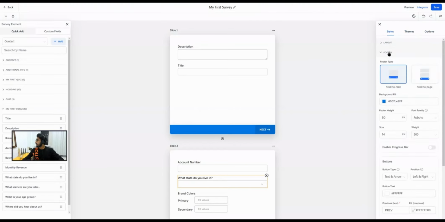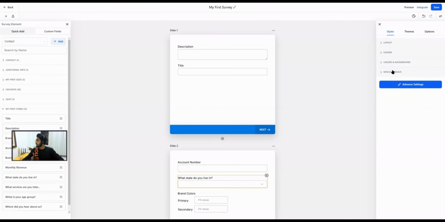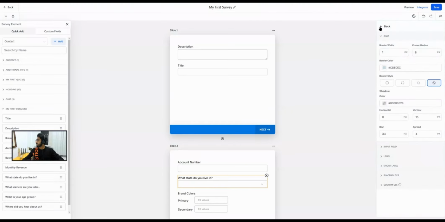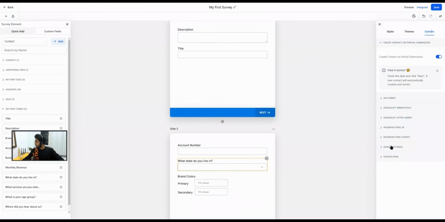Let's see, footer, colors, miscellaneous. This is the same kind of settings. If we go to advanced, that is related to the advanced settings. Let's see, if we go to options and we go here,